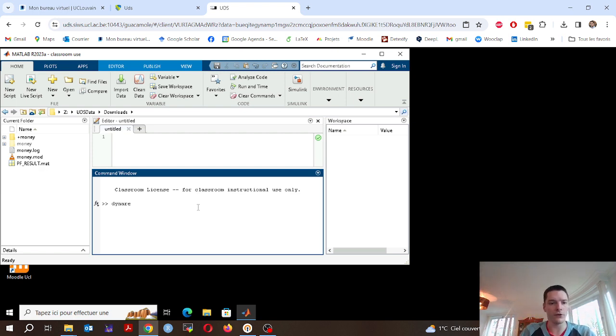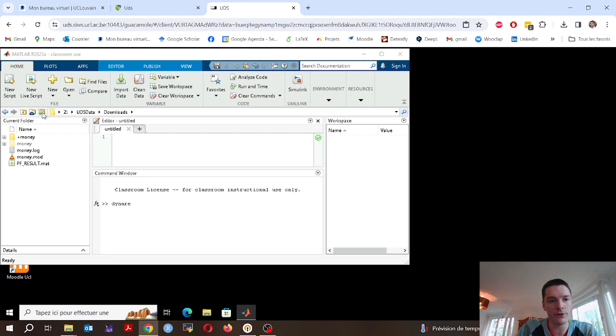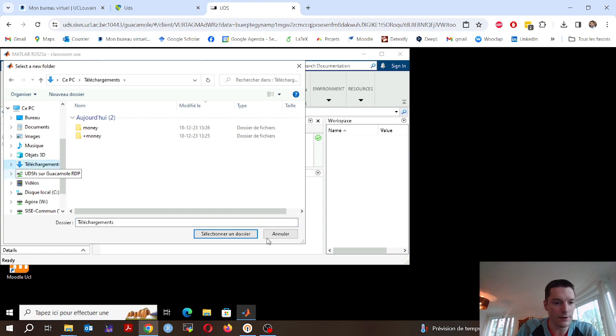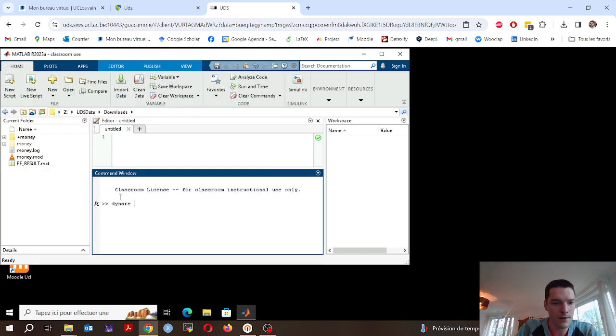So after the Dynare command, you have first to set, by clicking here, where you will be working, your working folder. Here, you just do it in the download folder. Yep. And if you have a script that is there, that must be a mod script, you use Dynare and the name of your script. Here it's money.mod. So basically, money.mod is the flexible price model that we defined, with also a rigid price model that we defined. And if we execute that,